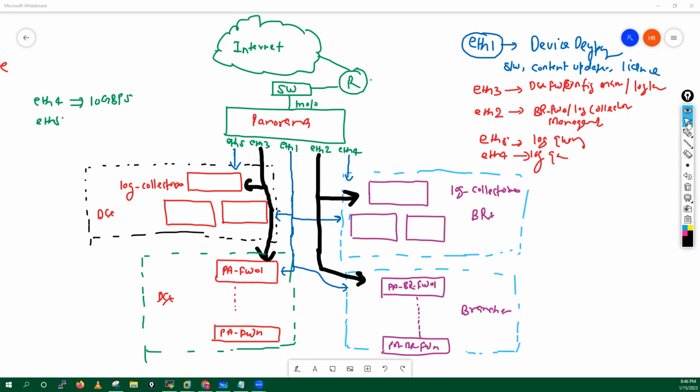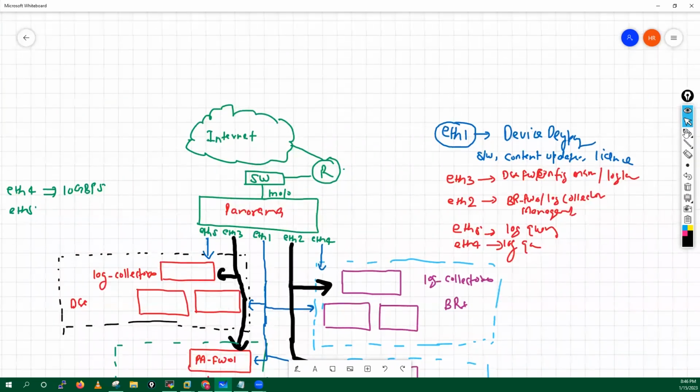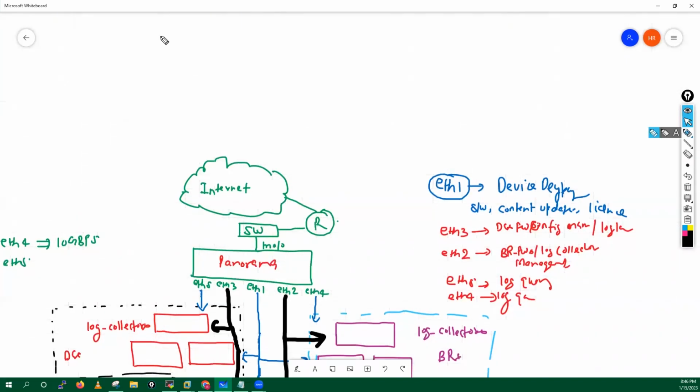One side question regarding the PAN OS: do we have to have the same software version or same PAN OS version on Panorama and firewalls? Let me tell you. Let's suppose we have a Panorama which is running 10.2.3.